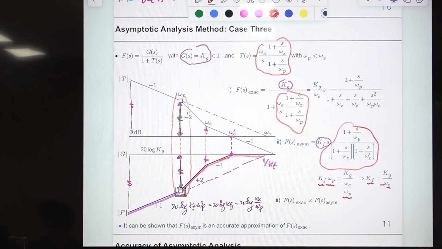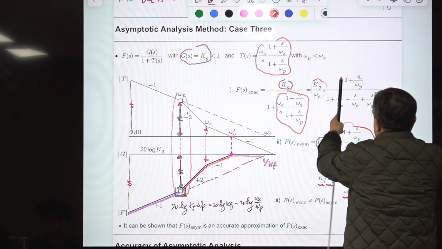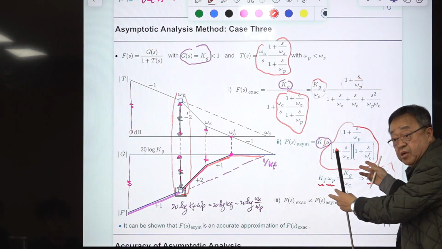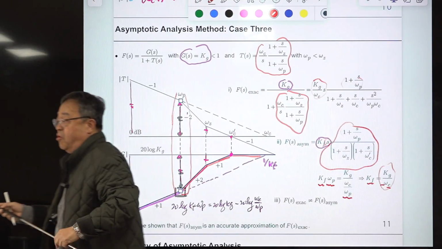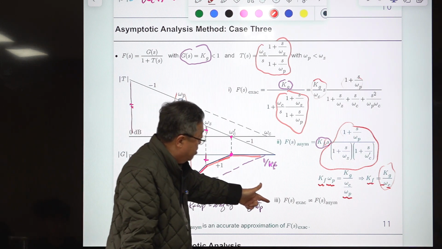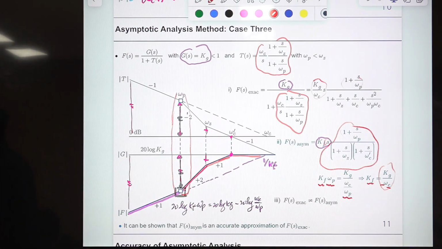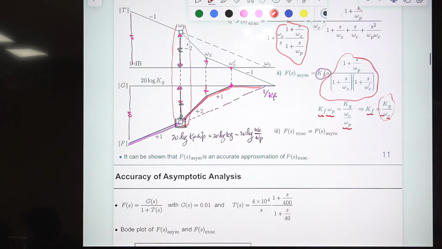This is the KF. Okay, so when you are comparing this part, they are the same, and this part is also the same, but this denominator is different. Okay, so this is factorized. So this is not factorized. It is impossible to factorize this in this form. So there is some difference. So you may want to check what is the difference, how much that difference affects the final result of your analysis. For this case, the exact solution is different from the asymptotic analysis solution, and the difference between them is